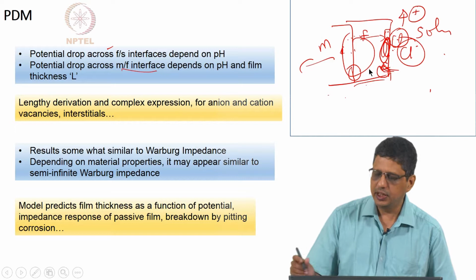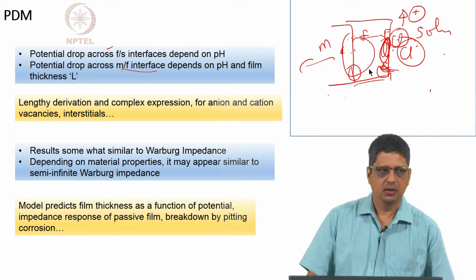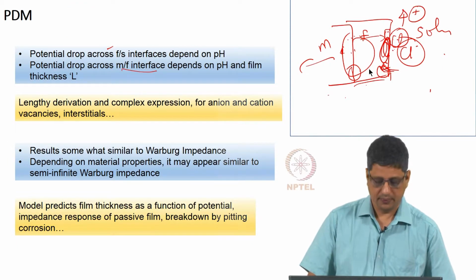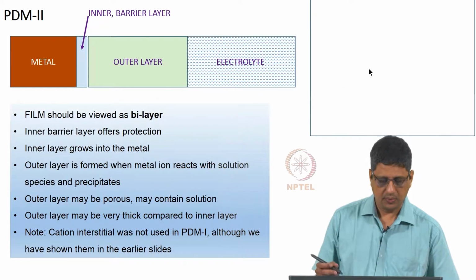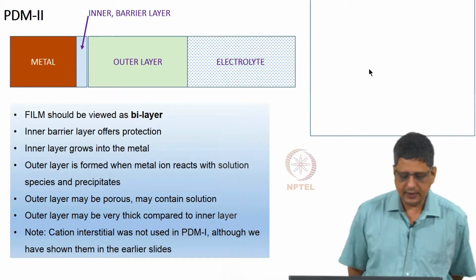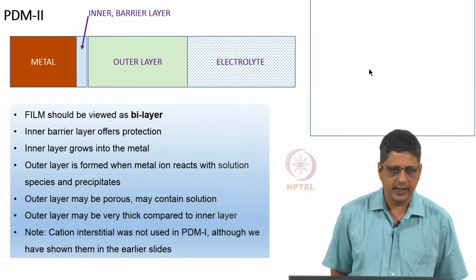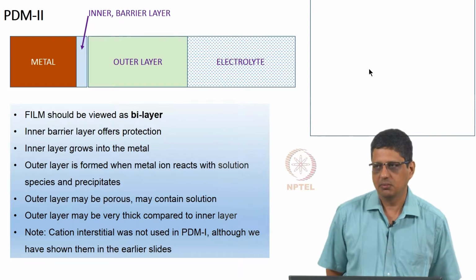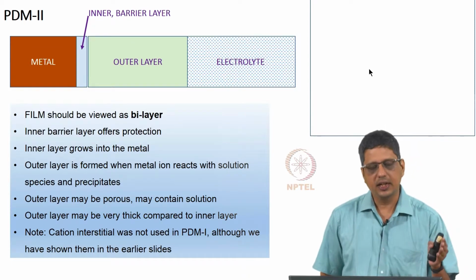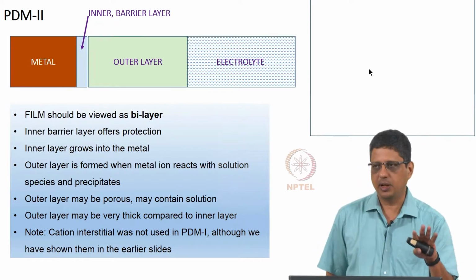Typically, pitting is seen when you have chloride or fluoride. Fluoride is not common in the environment, chloride is common in the marine environment. So, for the first level of model, actually cation interstitials were not used, although I described it with 7 equations. Okay. They had 5 equations. There were no cation vacancy or cation interstitial formation and consumption, but for completion's sake I wanted to introduce the proper model.